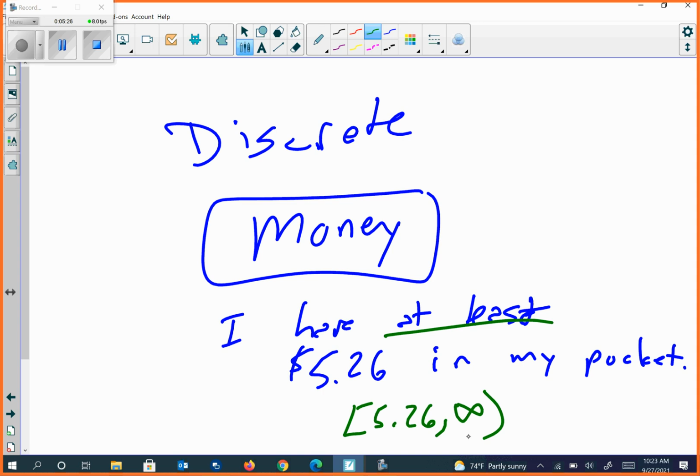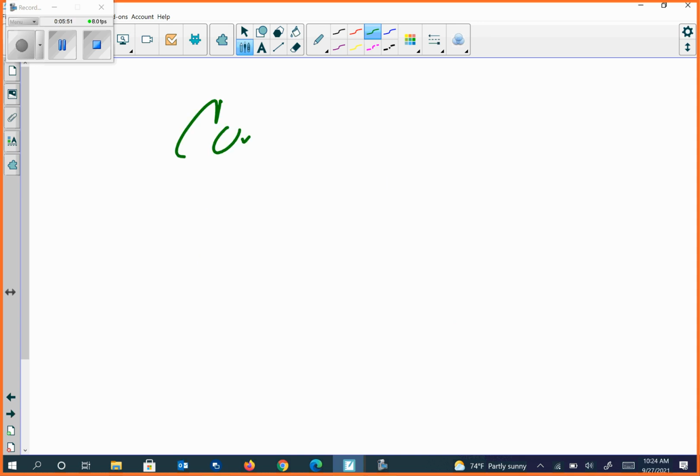So money is discrete, even though we have decimals, because it doesn't have decimals that go beyond 2 decimal places. Okay? So people in an elevator would be discrete. People in a restaurant would be discrete. People in a classroom would be discrete. Okay? So the difference between discrete and continuous